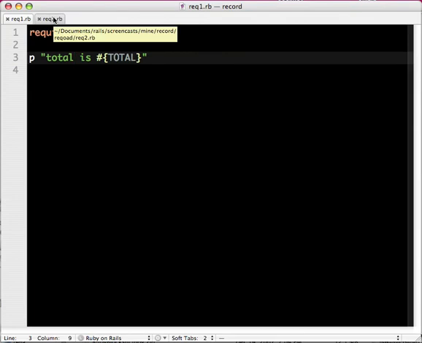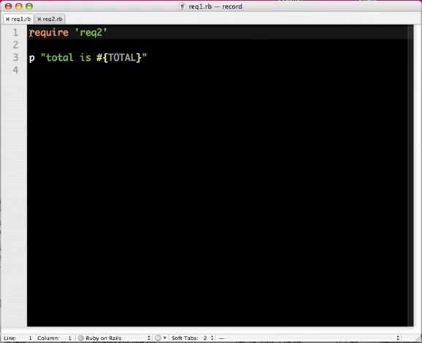Require basically means the contents of whatever file you're requiring are available from the line you typed require. It is a method in the Kernel module, so it's available as a top level method. By top level, I mean you don't have to do a require for the Kernel module as such, so it's available for you to just use. So now let's see